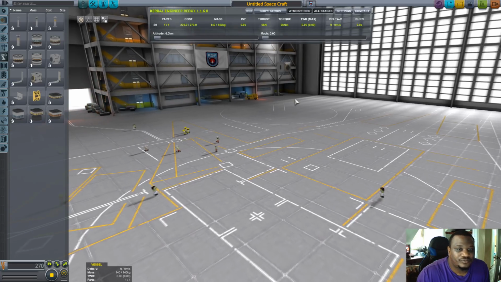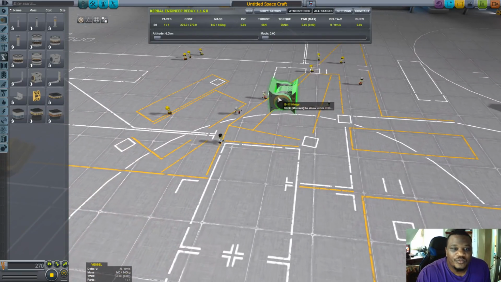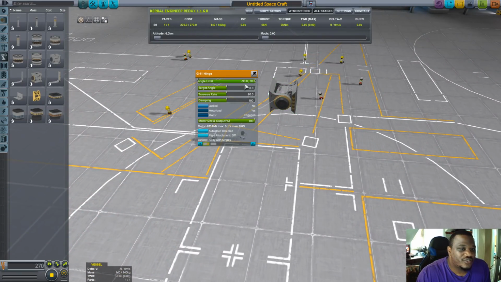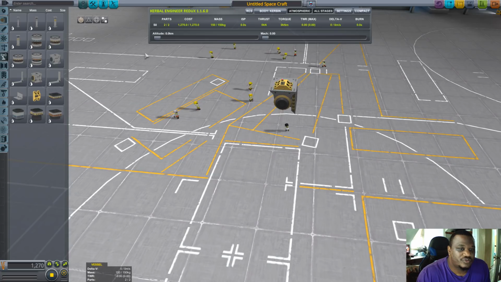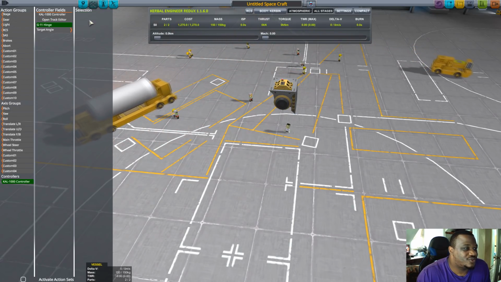Here it is. The smallest little hinge that they have. So this one, as you can see here, it has the angle limit 90-90, target angle 90, traverse 180, and that's the fastest speed it's going to be able to move. So if we go to here, we're going to put that there, and we're actually just going to do a really quick silly thing here. We're going to put this one here, go to target angle,